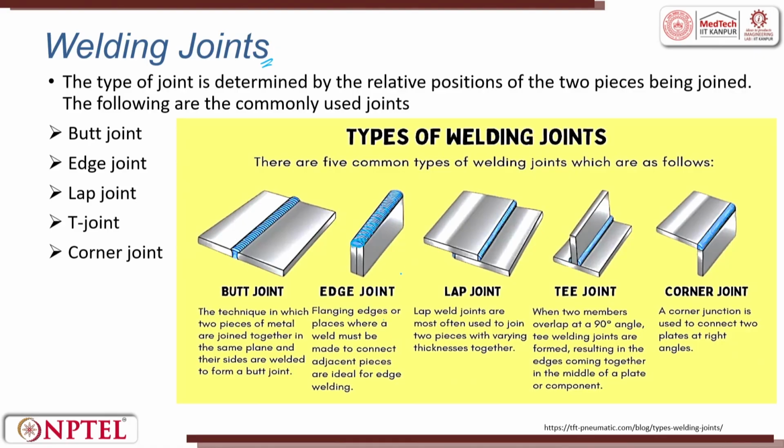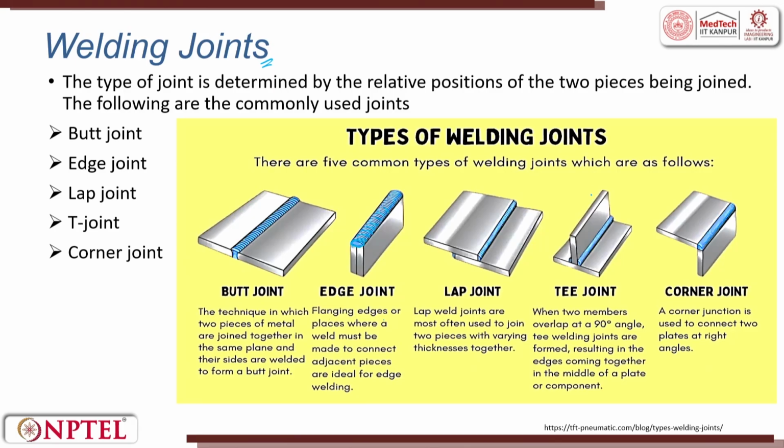Lap, one sitting on the other, is called lap. You decide which one you want. The larger the lap, the larger the surface, the higher will be the strength of the welding joint, but you can't keep on lapping it because then you have a restriction. So, we try to have as minimum as possible. Next is the T joint. This also we discussed in the arc welding process. This is what I showed, a T joint. In a T joint, you will have a perpendicular joint, a plate joining a plate perpendicularly, and this is the weld bead. Then you can also have a corner joint.